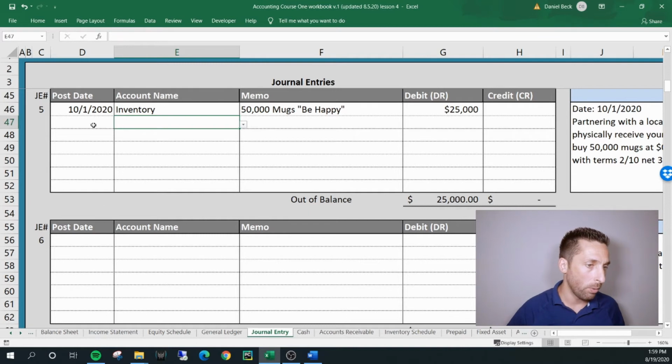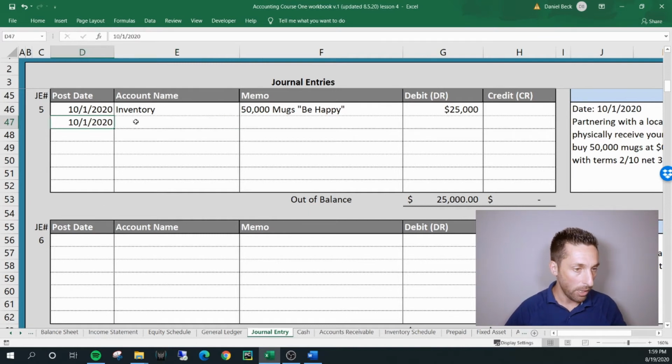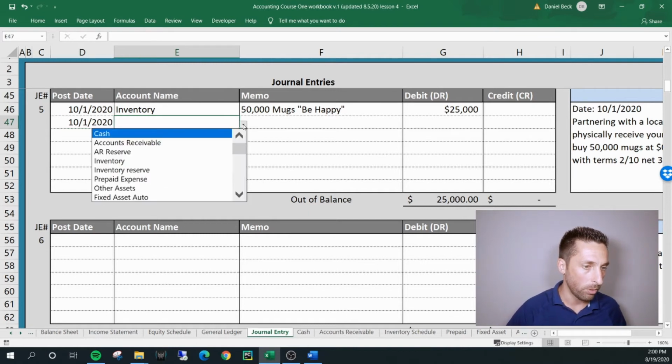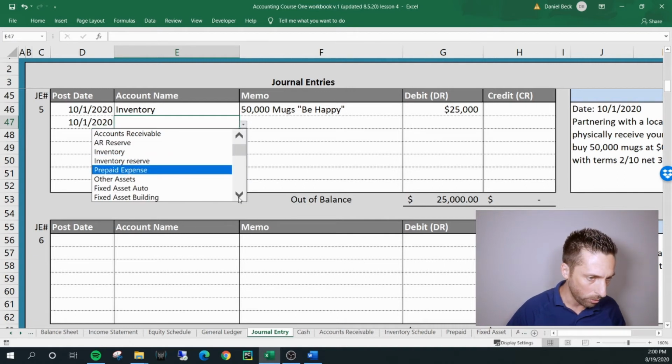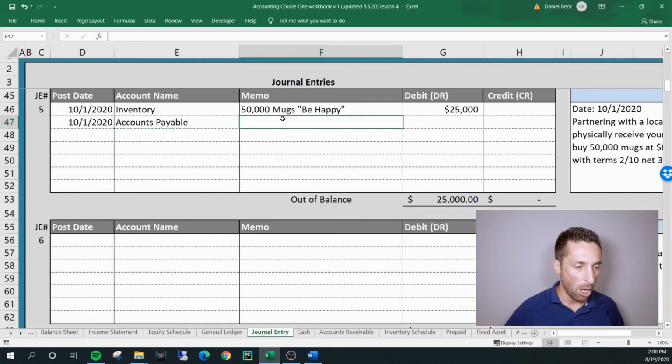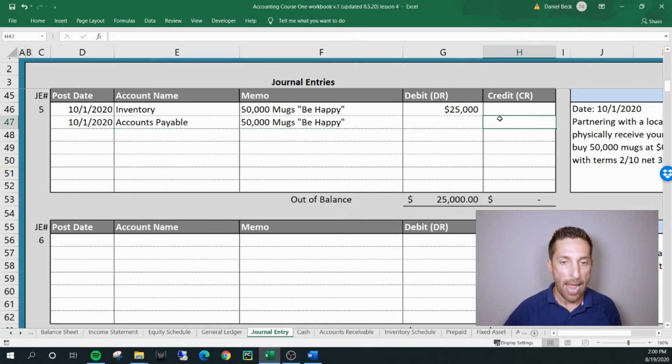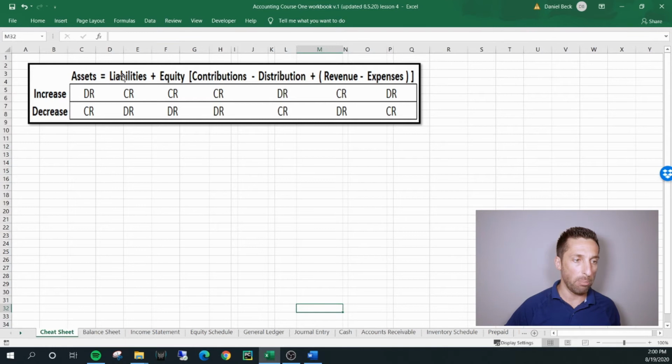So the account we want to do, we're going to go ahead and put the post date. We'll go to account name, go to account, and scroll down till we see accounts payable. I'll put in the same memo, and we now have a liability account. And just for a refresher, when we have a liability that increases, it's going to be a credit. So we have at this point a zero balance in our AP account, our accounts payable account, and now we